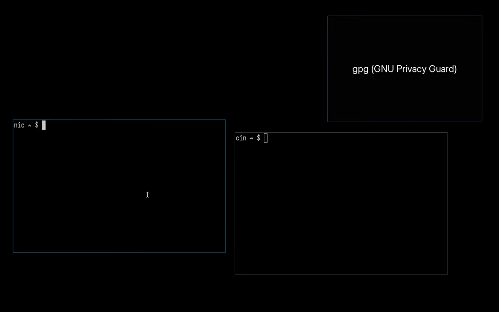So I have two terminals here. On the left I have my normal user, Nick, and on the right I have this example user, Kin. These are just two users on my computer, but imagine them as two people. Imagine Nick as me and Kin as you or something. And I will start by generating a new key for this Kin user